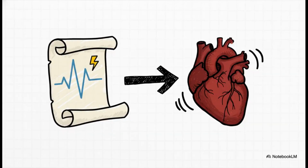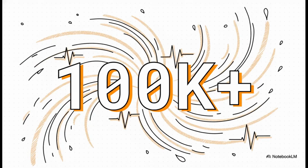So if you remember one thing, make it this. The electrical signal is the script. It tells the heart what to do and exactly when to do it. The physical contraction, that whole squeeze and refill we've been storyboarding, that's the performance. The script always comes first. Now, let's just zoom back out for a second to really appreciate